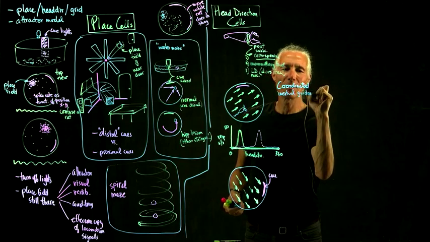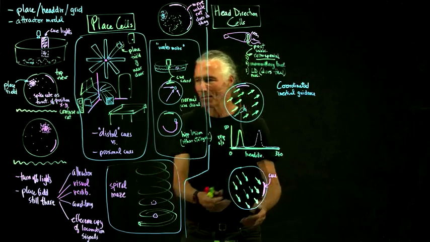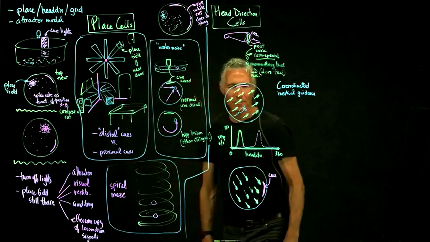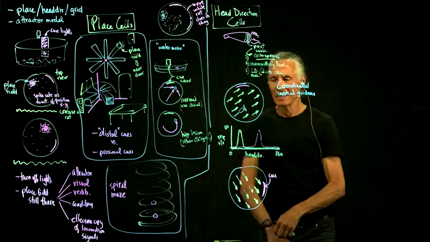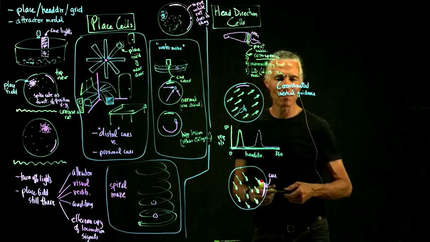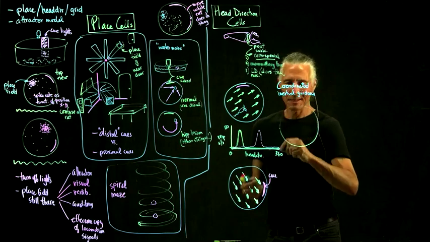You'd guess they were coordinated because if you rotate the cue card, the head direction cells rotate. You rotate the cue card, the place cells rotate to the new place. But this can happen in a very short period of time. And so they did this experiment where the rat was in the maze like this, and it had the cue